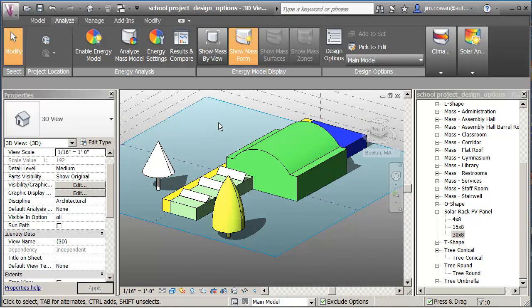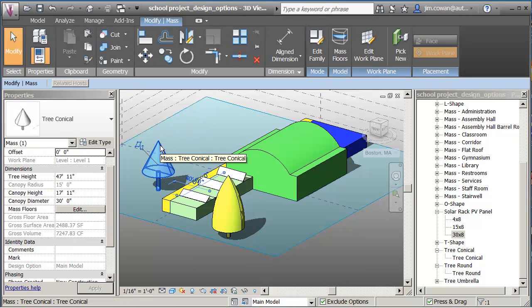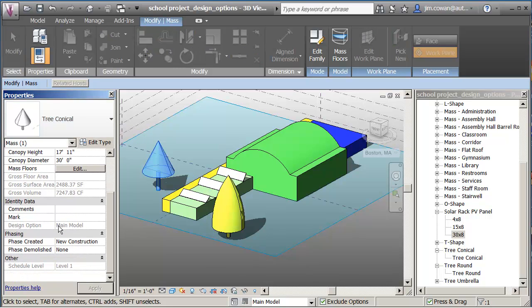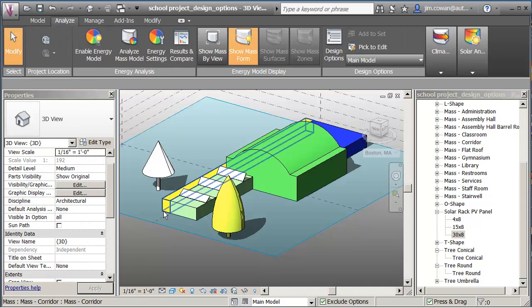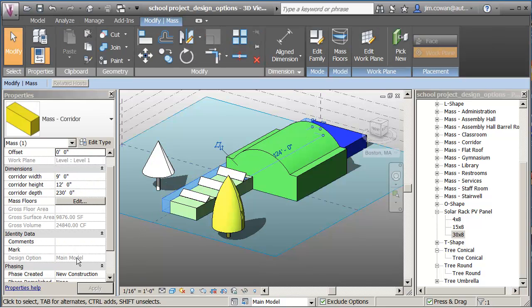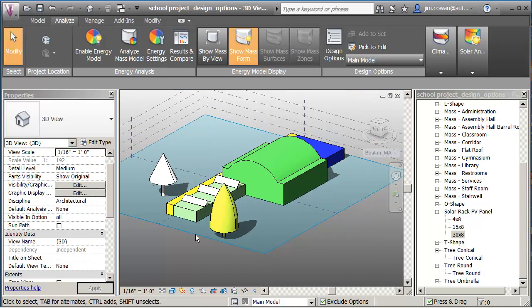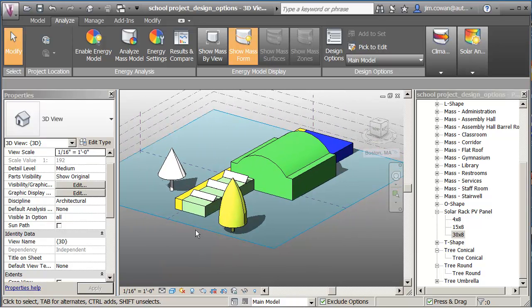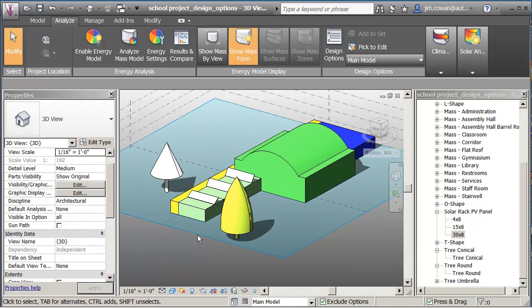So at the moment, if I select something that's here, I just drew them in the project. If I select it and I look on the properties, you'll see that it says it's on the main model. And that's the same for everything that's there at the moment. It's on the main model. Well, typically the main model are the site components that are not going to be changing, things like existing buildings